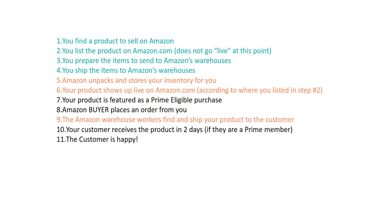Your product is featured as a Prime eligible purchase. Prime is whereby, whenever your products are going into the inventory as part of the FBA model, they are inside the warehouse of Amazon. That means Amazon takes responsibility for the distribution of that product. When Amazon takes responsibility for the distribution, the delivery from the warehouse to the customer's house is their responsibility, and therefore it becomes a Prime